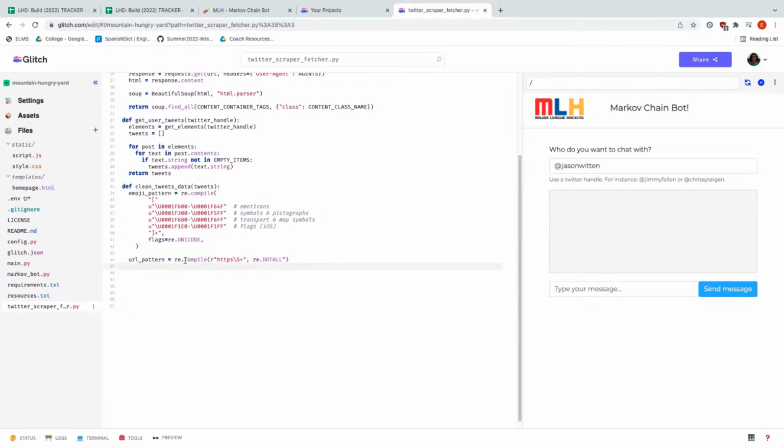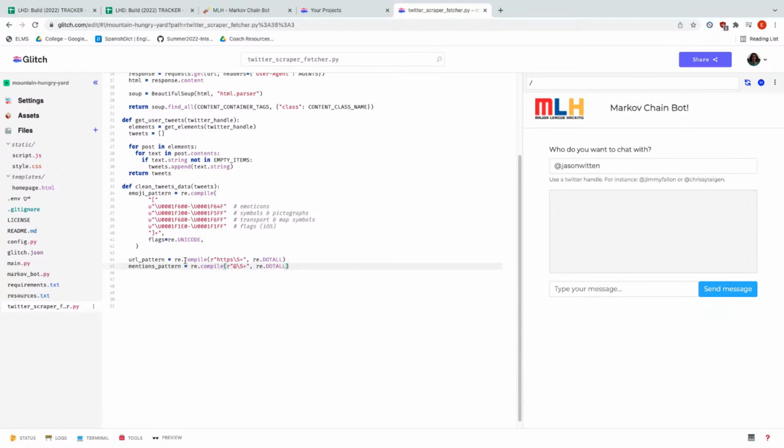I think I did not need that quote there. I just need that. And then we're going to type mentions underscore pattern equals re dot compile, r, quote, at, backslash S plus, and then close the quote, and then re dot all.